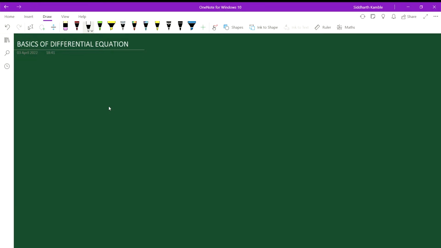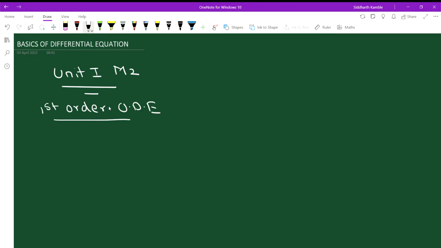Hello students, this is an introductory lecture to Unit 1 of Engineering Mathematics 2. The first unit in Engineering Mathematics 2 according to the syllabus for SPPU is first order ordinary differential equations. According to the syllabus this unit is divided into 4 topics. The first topic according to syllabus is exact